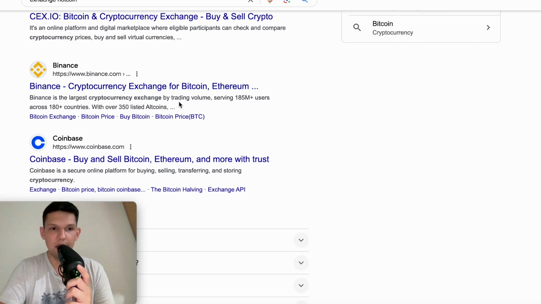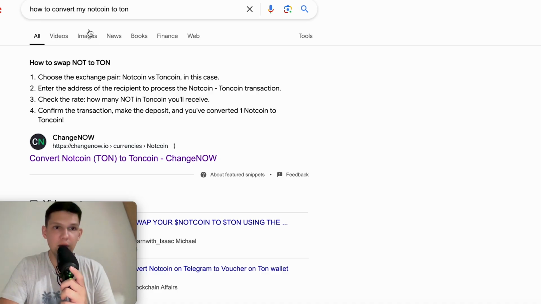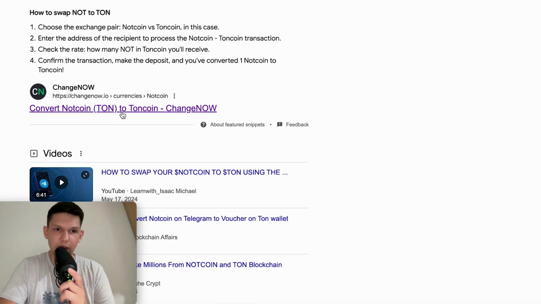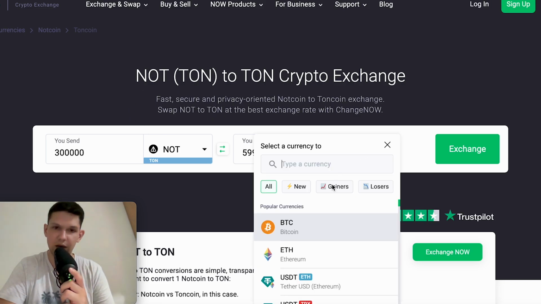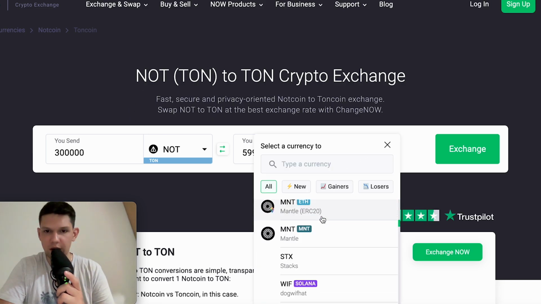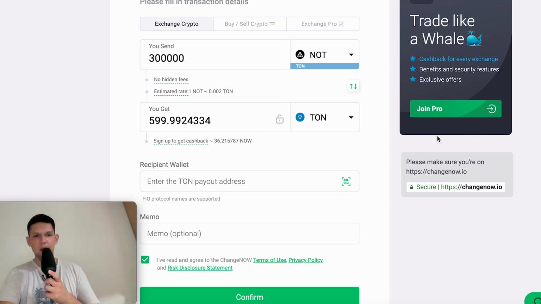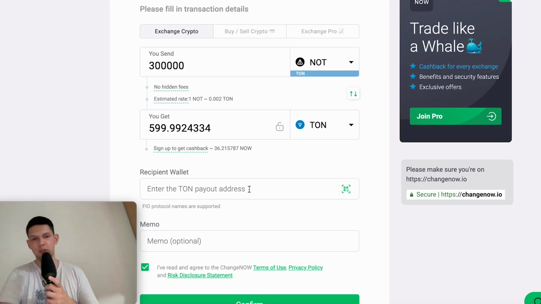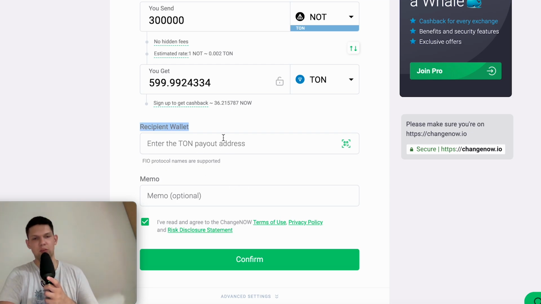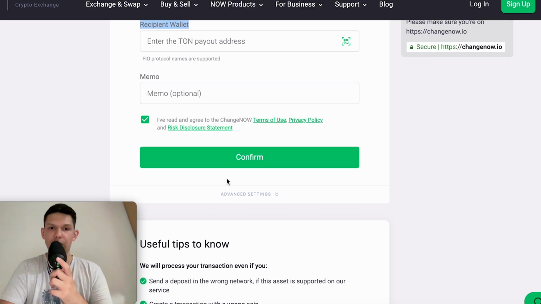But another way is you can type in, for example, how to convert my NotCoin to TON, and this website ChangeNow.io allows you to do that. Now it doesn't have TON, it has all of these other cryptocurrencies. So if you have an account with them, log in, exchange. If you don't, sign up, but I don't think you necessarily need it. But potentially you do. But basically you enter your recipient wallet, NotCoin to whatever coin, and then you confirm it,